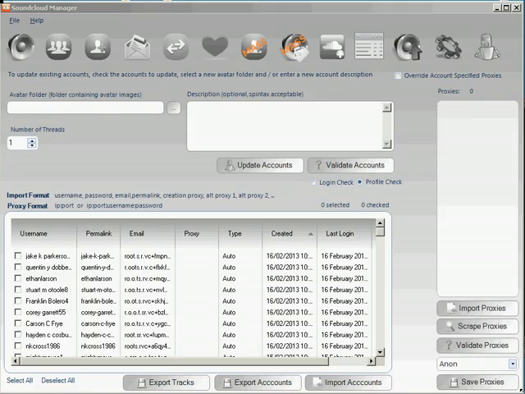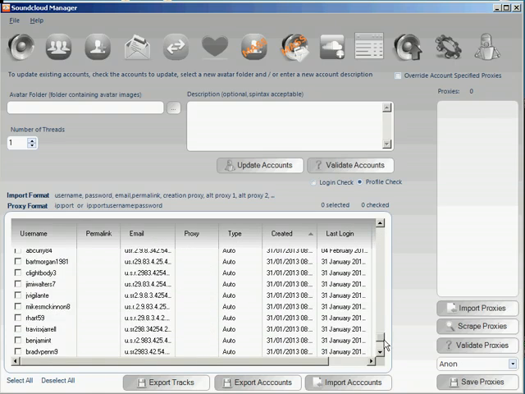Welcome to the tutorial on using the Validate Account feature of the Soundcloud Manager software. To access this feature, you need to click the Accounts tab indicated by the menu icon at the top here underneath my mouse. Okay, so as you can see, I have all my accounts loaded in the view here,